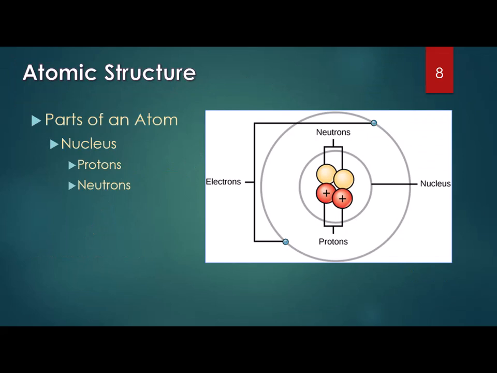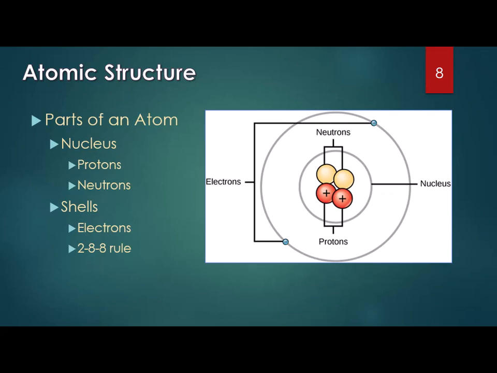Alright, the parts of the atom again are the protons, neutrons, and electrons. In the nucleus of the atom, that's where the protons and neutrons hang out. Protons have a +1 charge and neutrons have no charge. So in this picture, the red pluses are indicating the protons and the yellow circles are indicating the neutrons. The electrons spin around or zoom around the nucleus in shells, sometimes called valence shells, sometimes called orbitals,